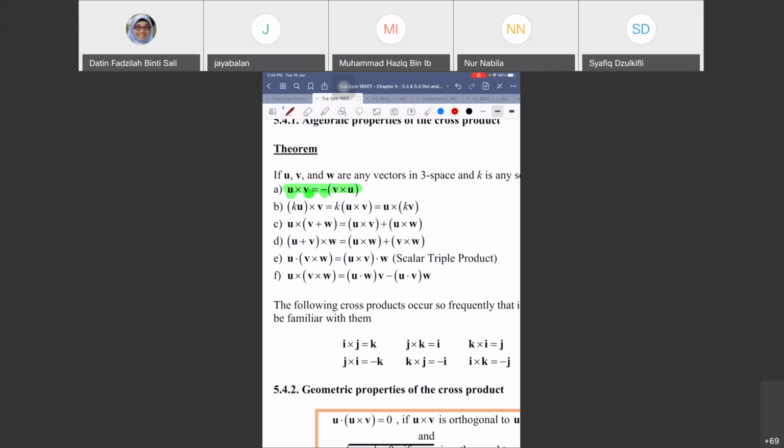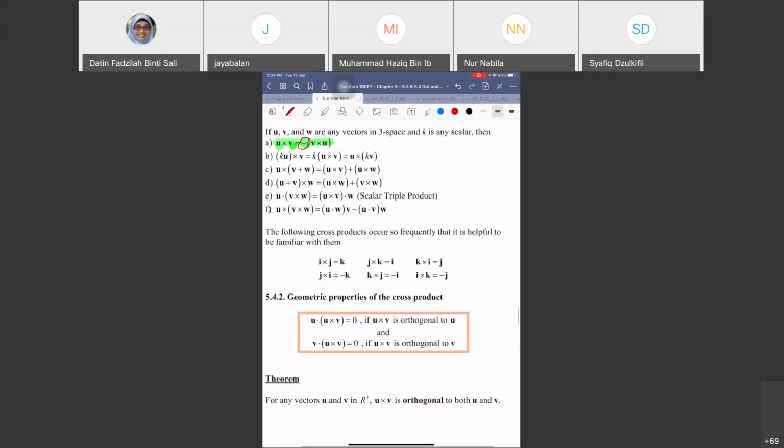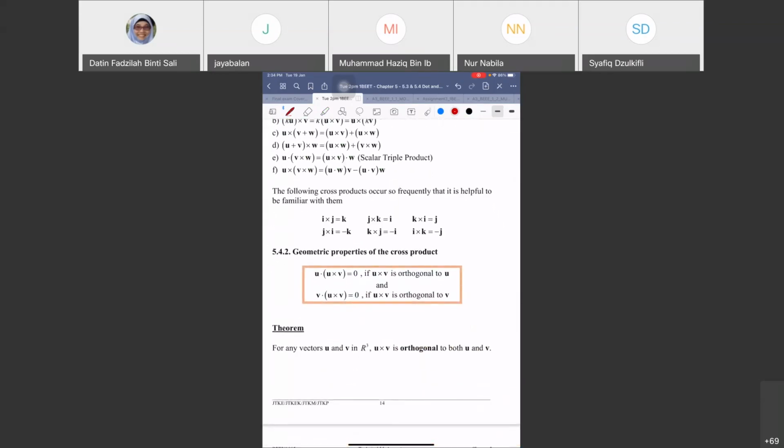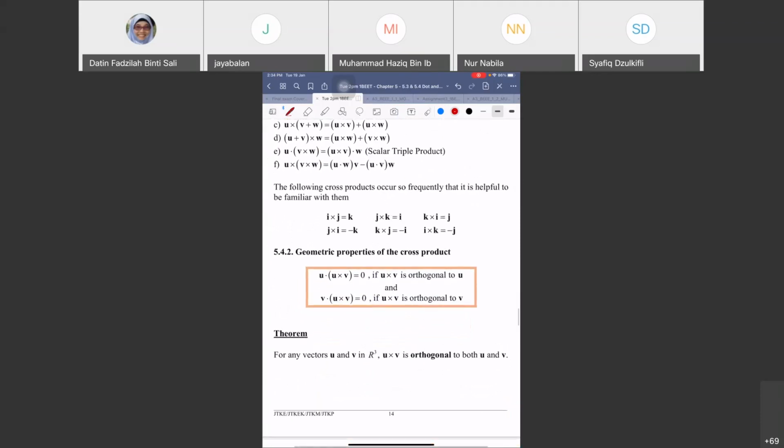Okay, you have this negative sign, so that means it's going downward. But I cannot actually show you; later I will have a diagram to show you. This theorem. But another important geometric property of the cross product that you might want to take note of